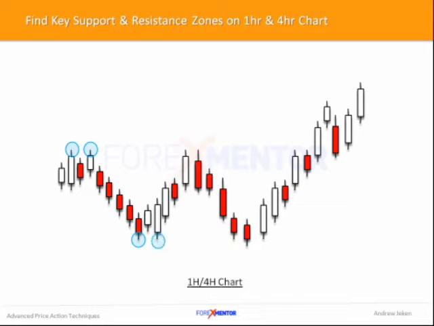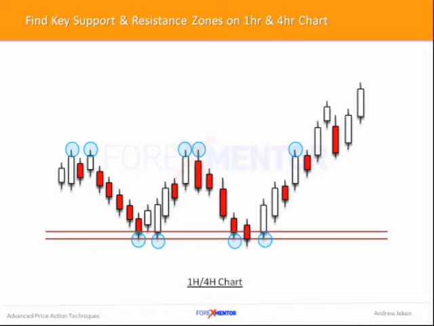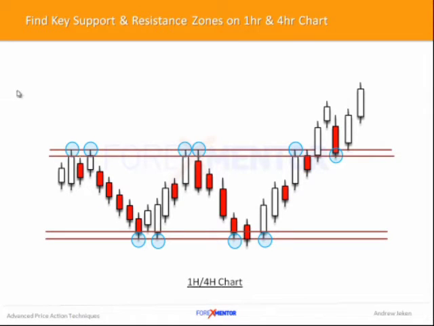Mark off the highs, which are the wicks, and the bodies, and draw a horizontal line through the wicks and the bodies. You can see in this case we have the wicks highlighted as well as the bodies, so we have a zone that's formed,